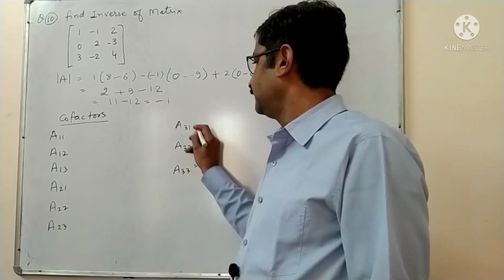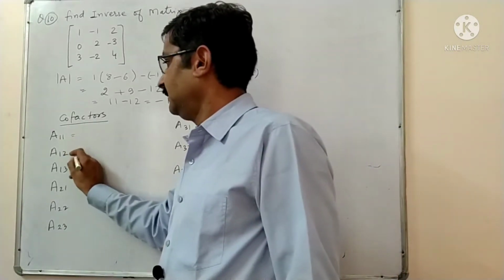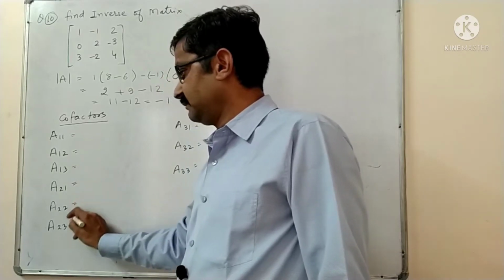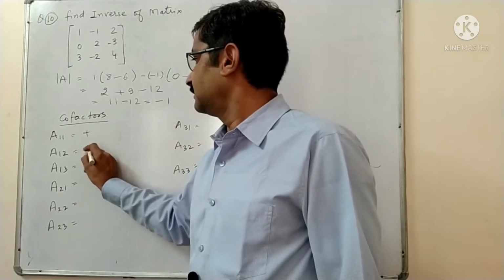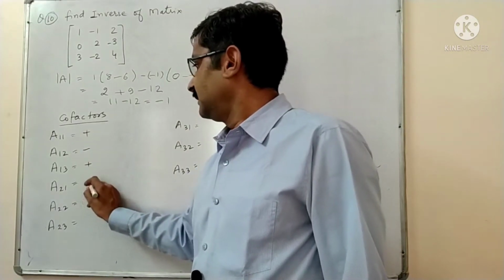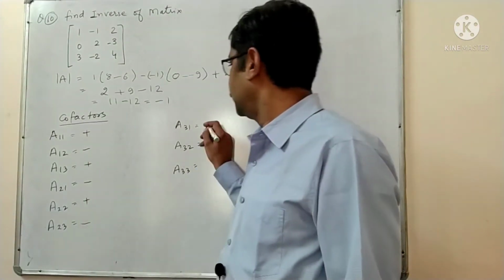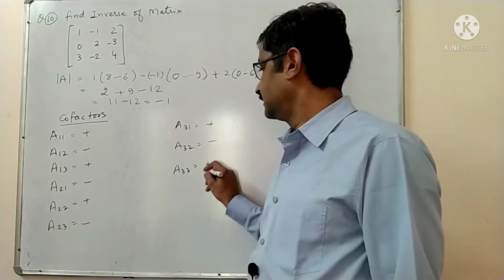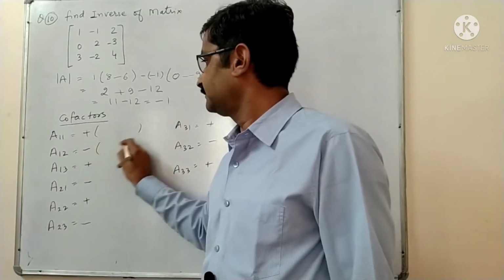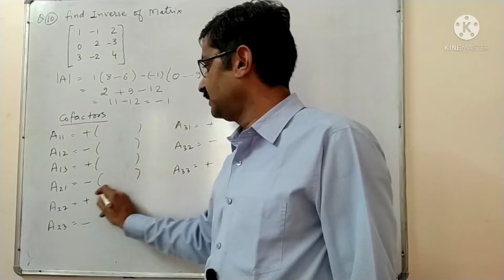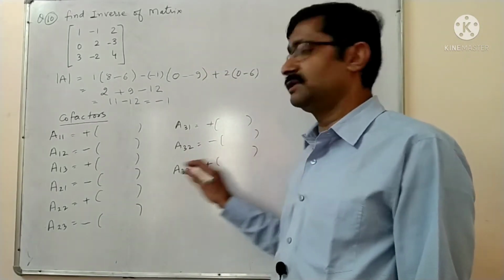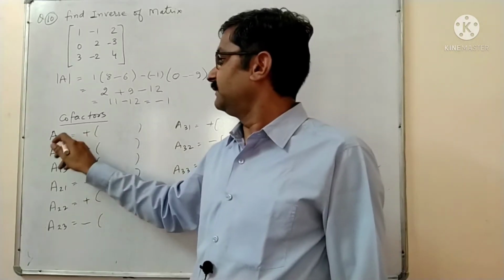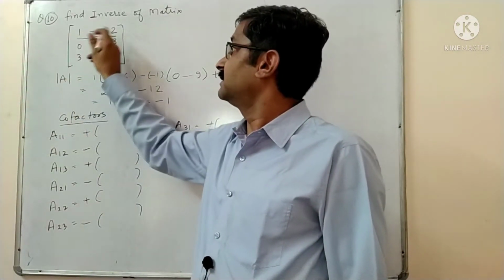Okay, these we have to find first, and first of all you mark the signs, plus minus, whatever sign you have, that you have to mark. So here is a plus, a minus, plus, minus, plus, minus, and here is plus, minus and plus, then you keep the brackets, all the brackets you can mark, and now you have to put the value for the first row. This is the first row, by the first row you check.